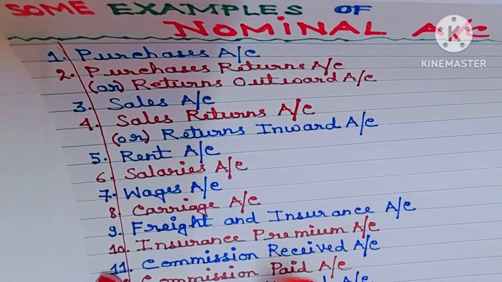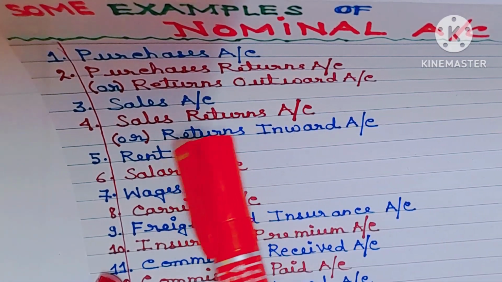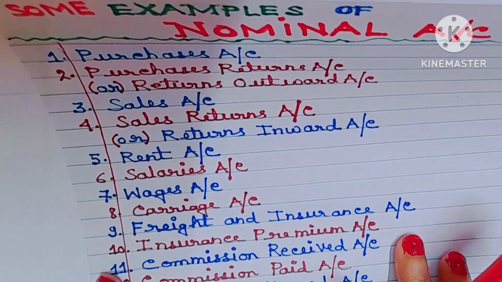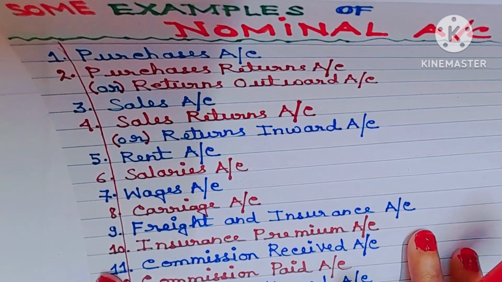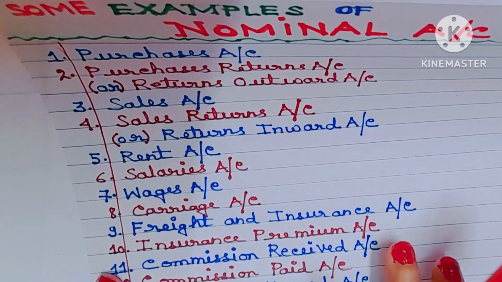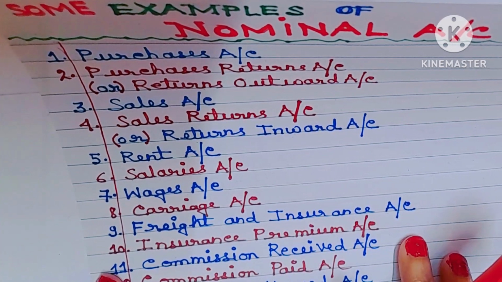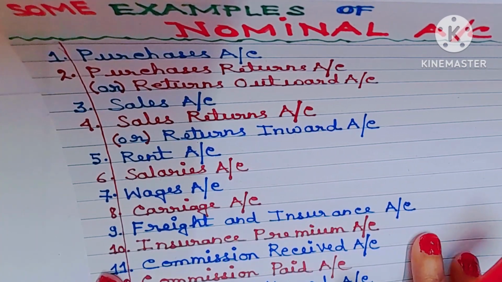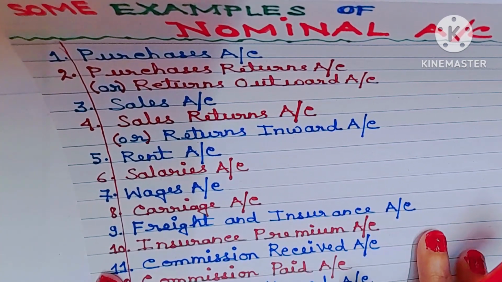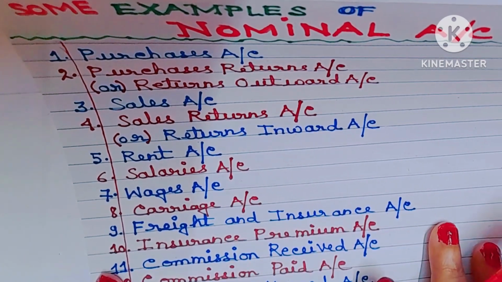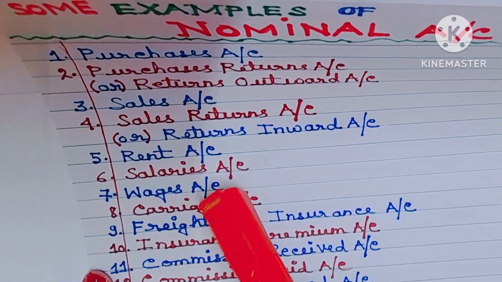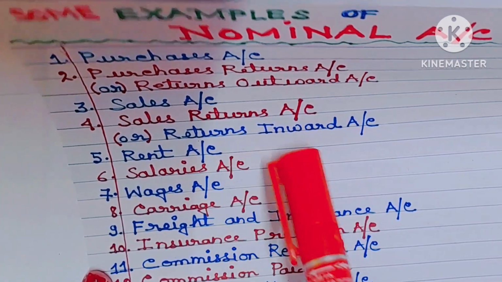Okay. Number 3, sales account. Now why does sales account come under nominal account? Well, when goods are sold, cash comes into the business. So sales is an income for the business. According to nominal account, all incomes are credit. So sales account comes under nominal account and it should be credited because sale is an income for the business. Understood?